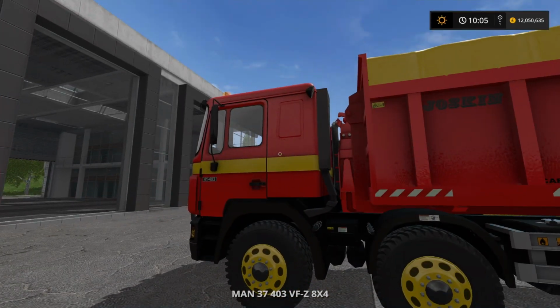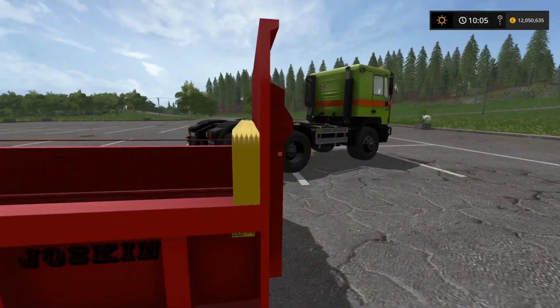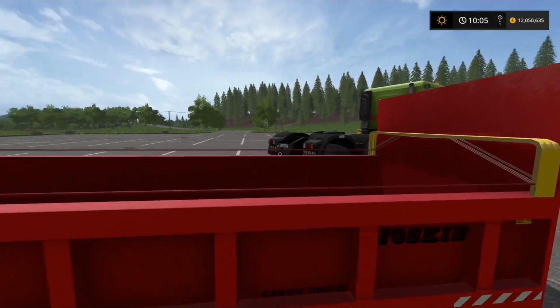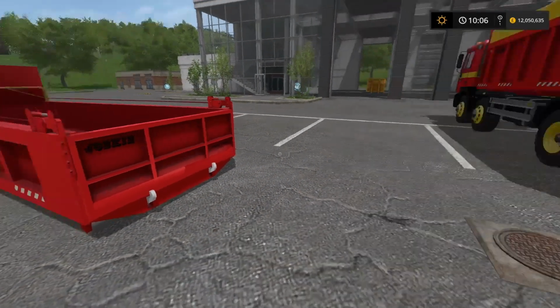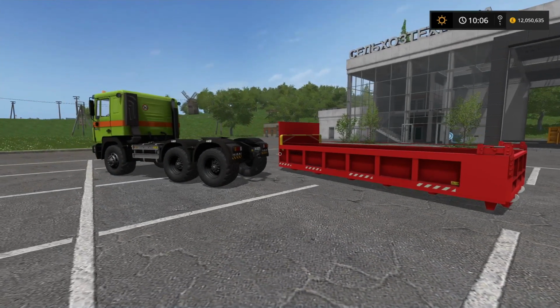That was weird, engine running on there. But yeah, so this is just half the size, that's all. The cover here does exactly the same thing. Concertina is open and closed on these two little rails on the side. The animation is exactly the same, very smooth, very neat indeed. So that's the Massey Ferguson 37 8x4, the two Joskin tippers that come with it, and then we move on